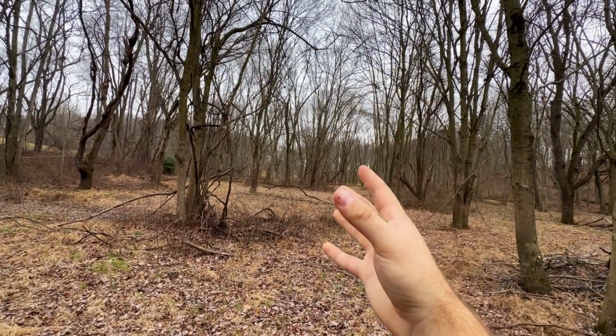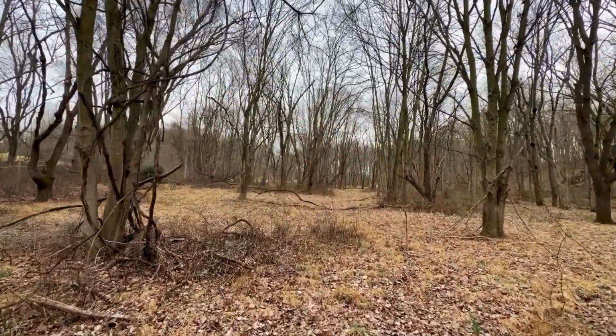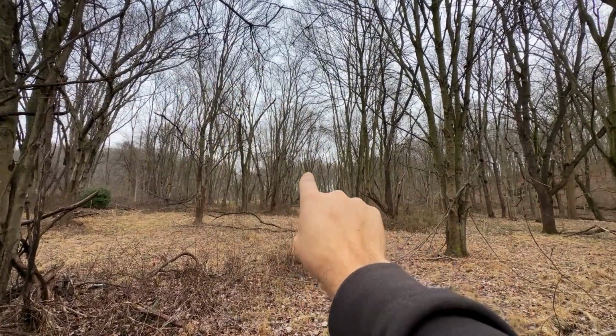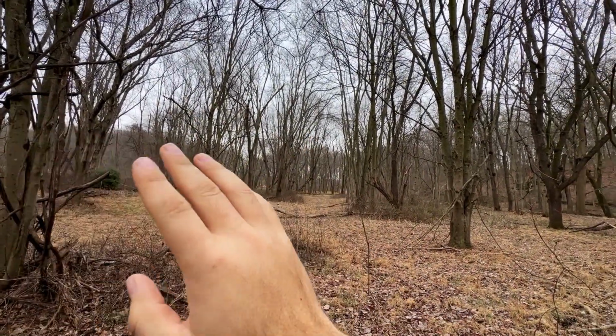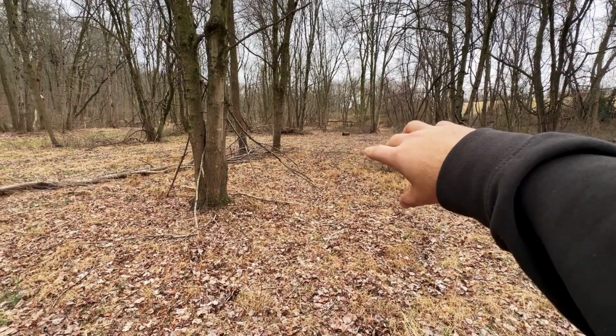But then what we would have to do is a lot of hinge cutting. Problem is some of these trees are really, really big. If I follow them that way, I can't plant anything there. So we kind of got to pick an avenue that I want to go and then fall trees whichever way they need to go. On second thought, I think what I'm going to do is